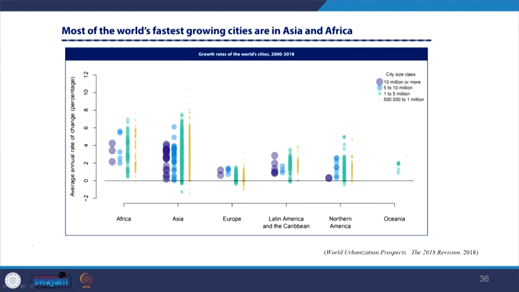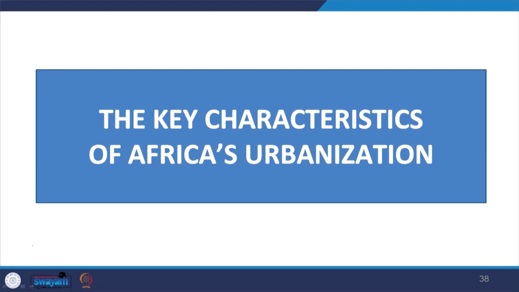As we had seen earlier, the world's fastest growing cities are in Asia and Africa from the world urbanization prospects. Today we will look at cities from Africa to understand the urbanization process and its impact on the environment if cities are not managed and planned properly. You would also like to reflect on the need and objectives of urban planning lecture while we go through this.